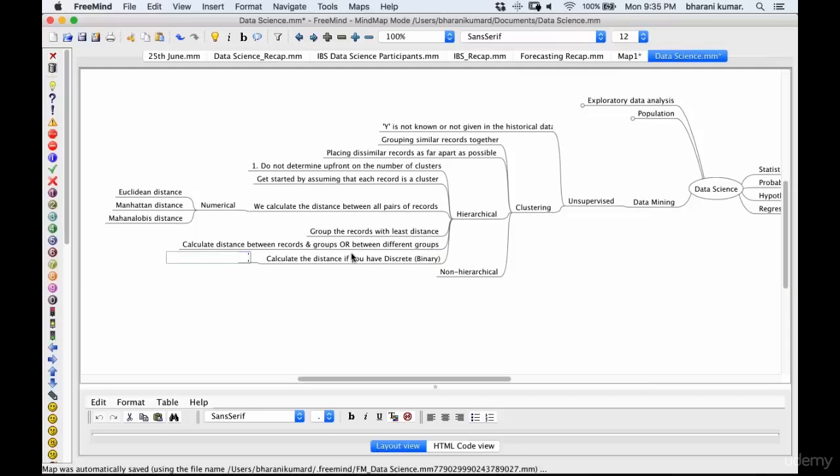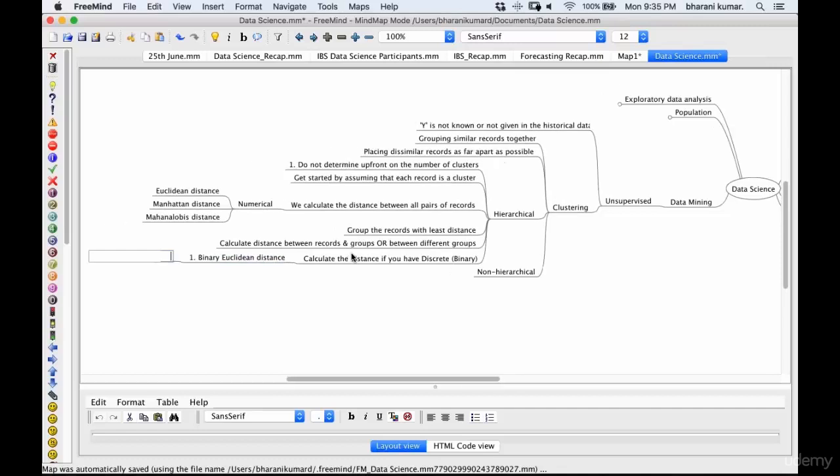If you have this kind of binary data, then you convert that into a binary table and then calculate the distance. For this you have three measures once again. One is binary Euclidean distance, and this is called a measure of dissimilarity,